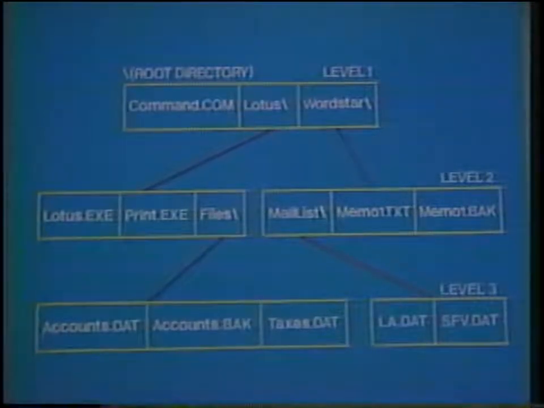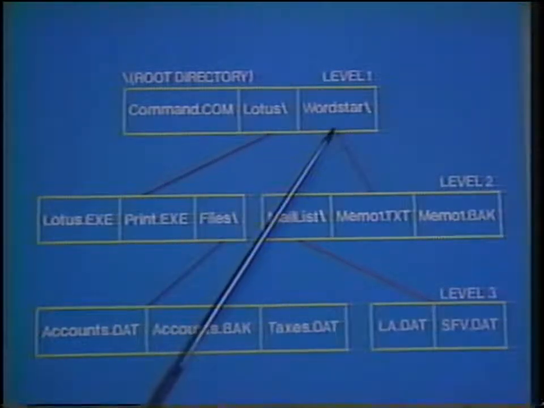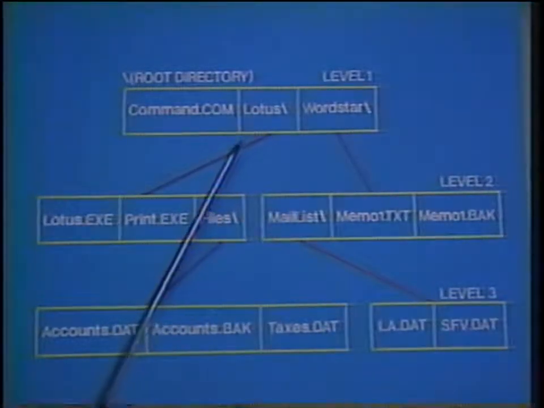The main directory on any disk drive is called the root directory. It is from the root directory that all other directories can be accessed. Also, the root directory holds the DOS system files necessary for booting the system. In the example shown, the C drive's root directory contains the command.com file and 2 subdirectories, the Lotus and WordStar subdirectories. The Lotus directory contains 2 files,